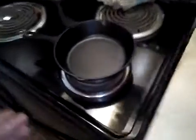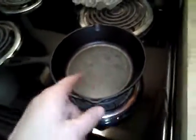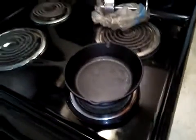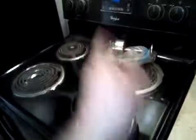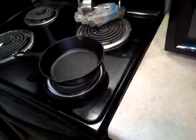Now, this is actually a pan that we got for free. It really needs to be sanded down and re-seasoned. My girlfriend picked this up, I don't know, probably 3 years ago, and it's been sitting over there on the stove ever since. So she hasn't done anything with it. But anyway,